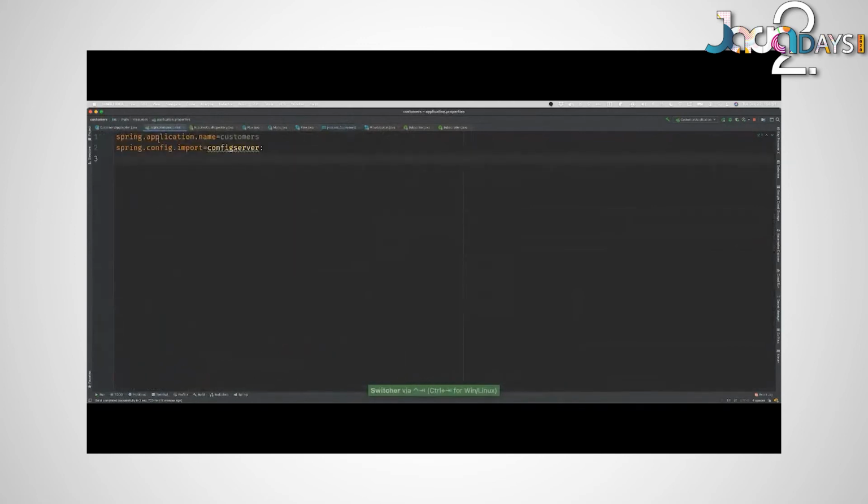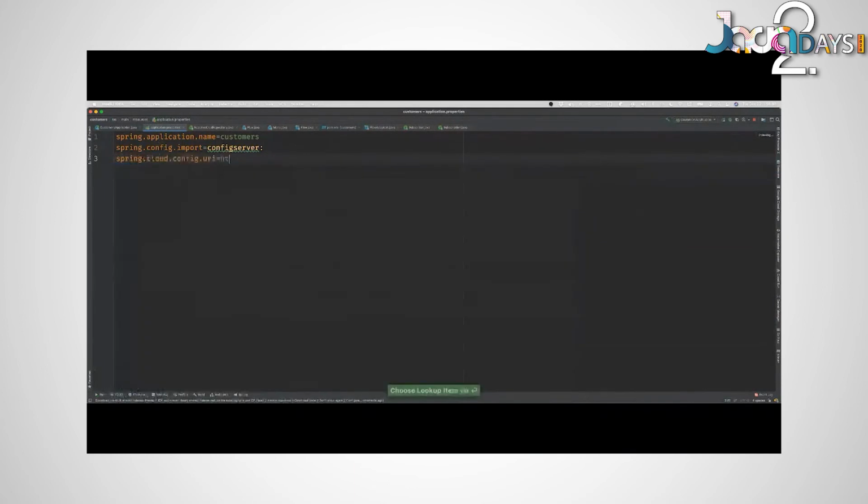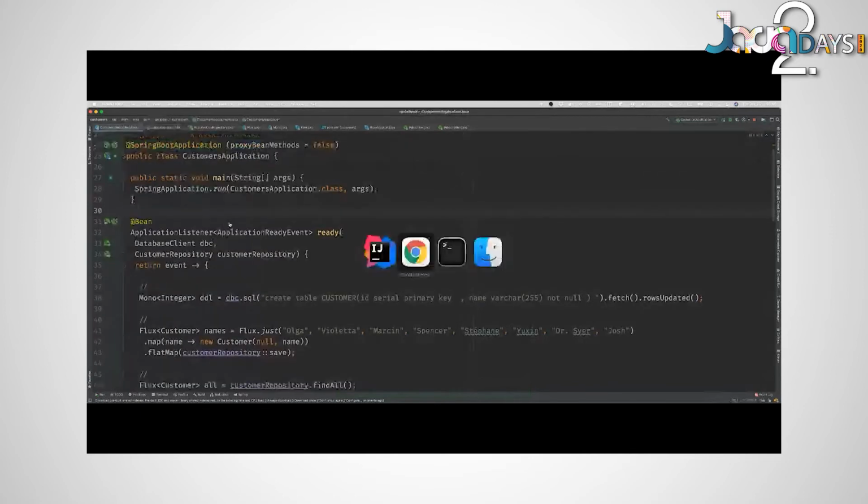Okay, Spring Cloud. So it's going to look for this property, localhost 8888, and that's actually the default. So you don't even really need that, but it's just nice to know that it's there. So these are the two things I need. And then once I do this, this will start not on port 8080, but it'll start on port 8082. So let's go ahead and restart this.